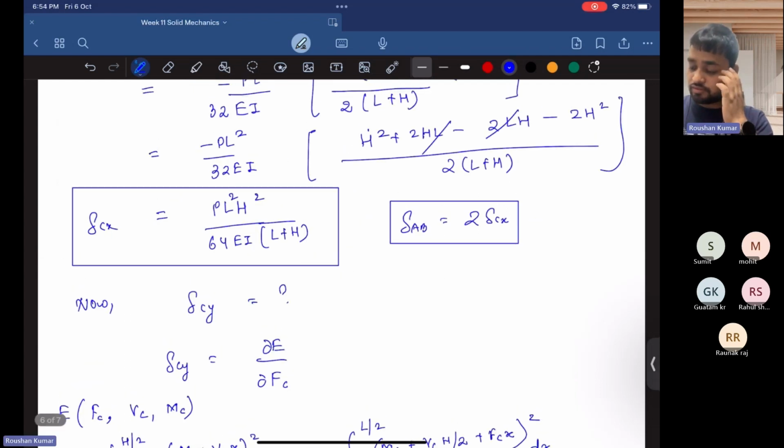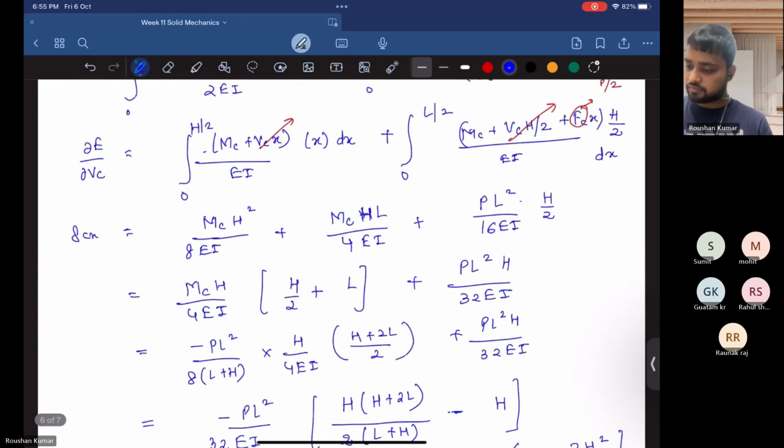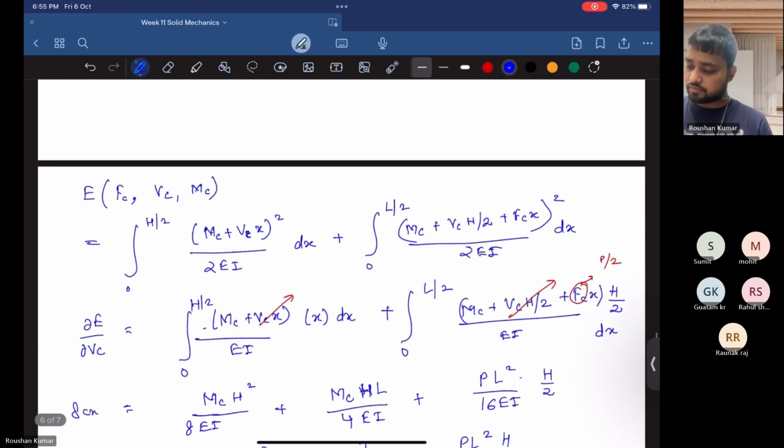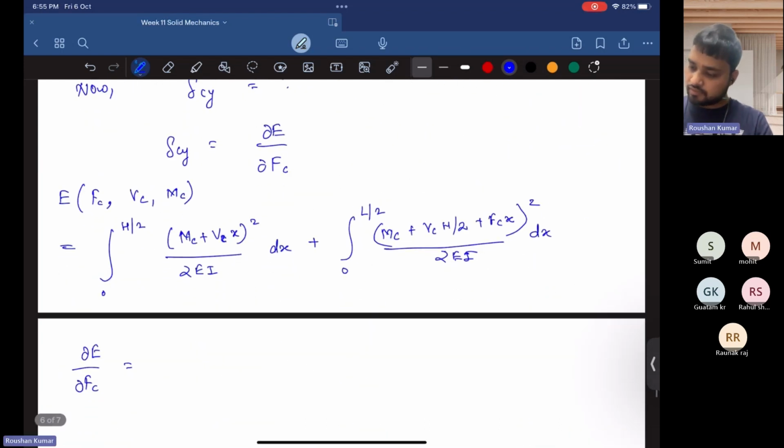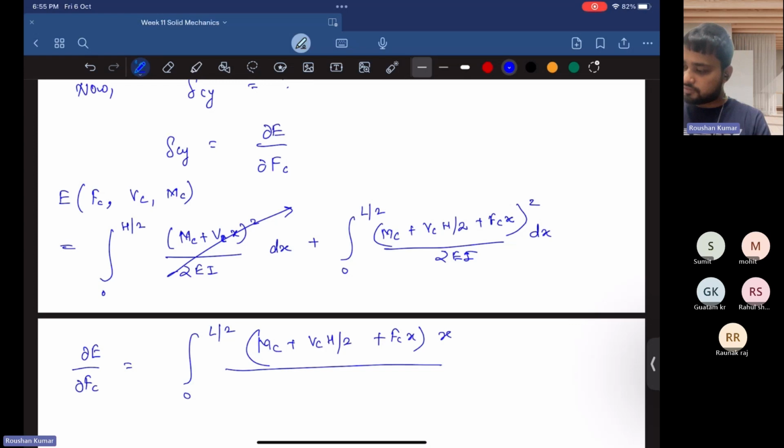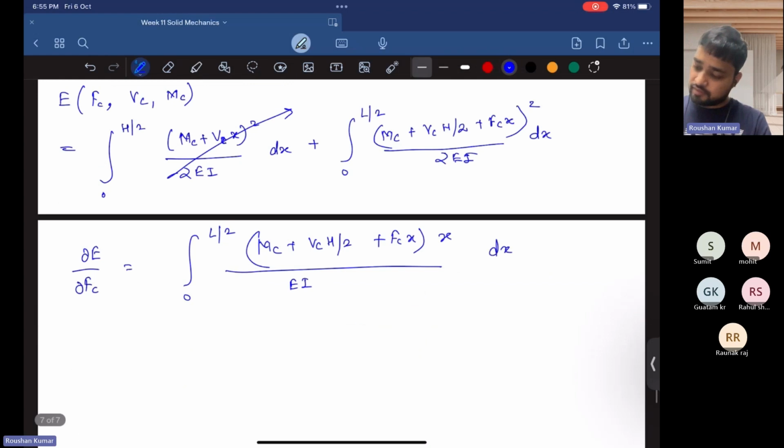this will cancel out. This will cancel out because there is no Fc. The only term that will remain is this one, 0 to L by 2, (MC plus VC into h by 2 plus Fc into x) upon 2 EI into dx. So it will become MC into L by 2 EI,